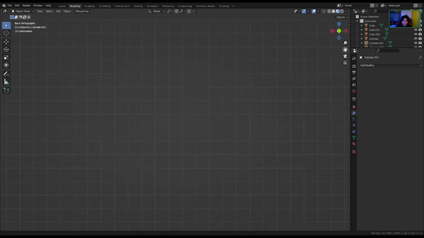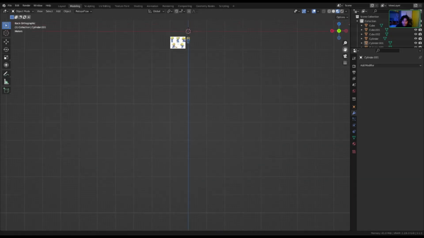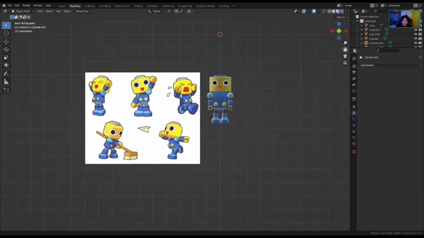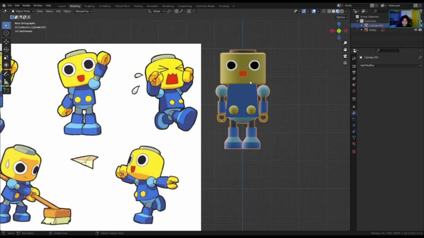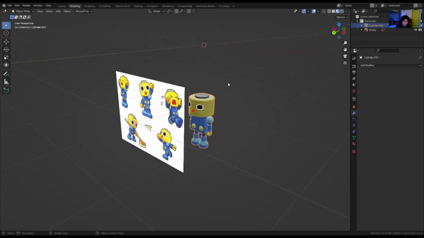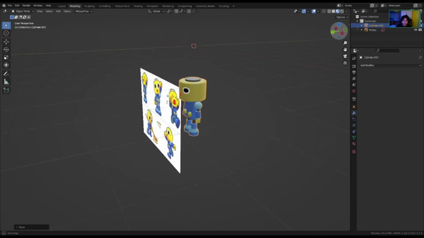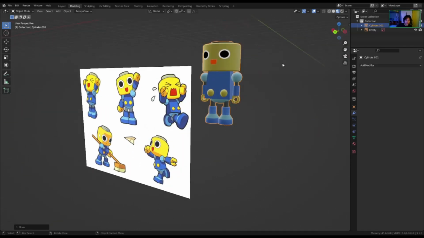But the thing is, how do we make any use of him, right? Like, okay, he's done. We just press Control J to join everything together, and that should be our model. We're done. Hooray! Now, at this point in the tutorial, what I wanted to do was to teach you